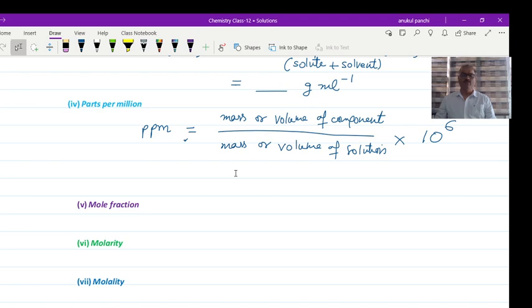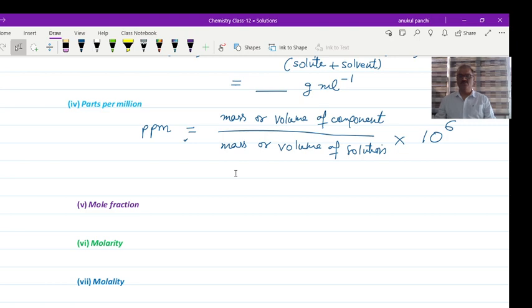For example, we want to see whether the water of Harike Lake is fit for human consumption or not. We will have to find its fluoride ion concentration. We will take a sample of water from there. For example, I take 1 liter of water and analyze it in the lab to find the concentration. If the concentration is between 1 to 1.5 ppm, then we will say that this is fit for consumption. If it is beyond these limits, then that water is not fit for human consumption.